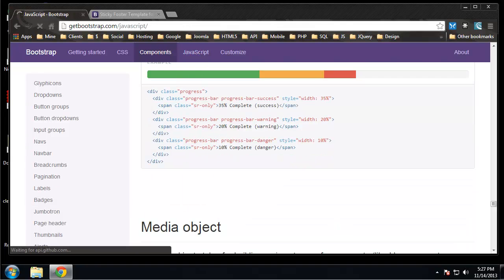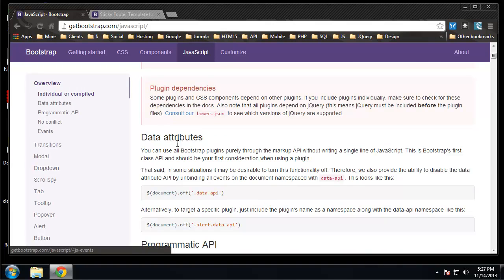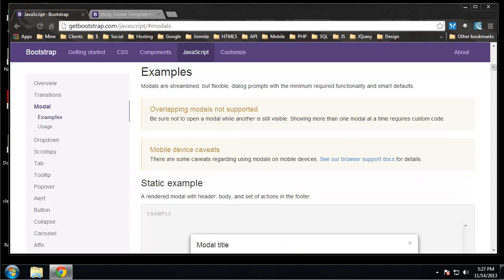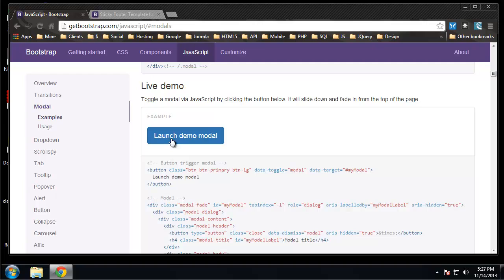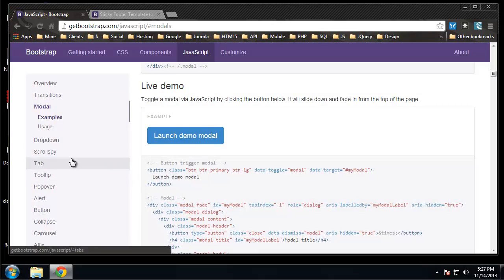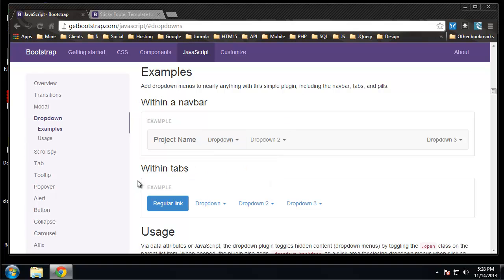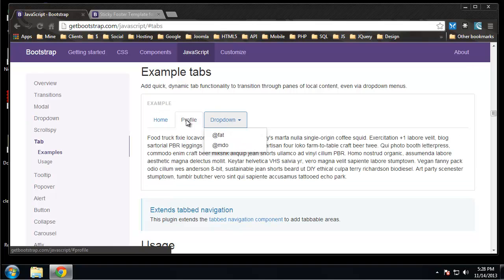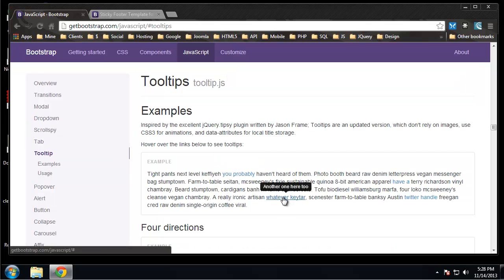Alright, so JavaScript, you have to include the bootstrap.js file to get any of this functionality. So transitions, we have modal boxes, so pop-ups like this. If we have a little demo here, so we can have pages inside pop-up boxes like this. The drop downs, again, these are also in the component section. Let's see, tabbed, we have tabbed interfaces, nice jQuery effects, tooltips, okay, nice tooltips,